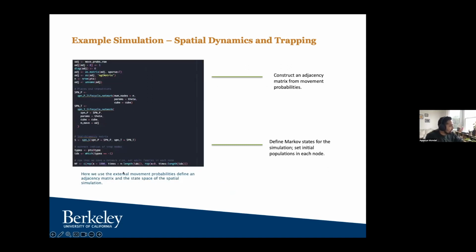So then we construct an adjacency matrix from the movement probabilities. Essentially, if there is a non-zero probability of movement between two nodes, then we say they are adjacent, and that just helps us set up all of the different Markov states and lets us define which movements are actually possible in the model. So then again, we pass it into the SPN functions and calculate the different